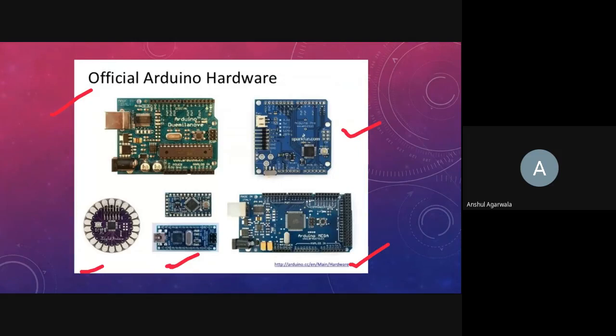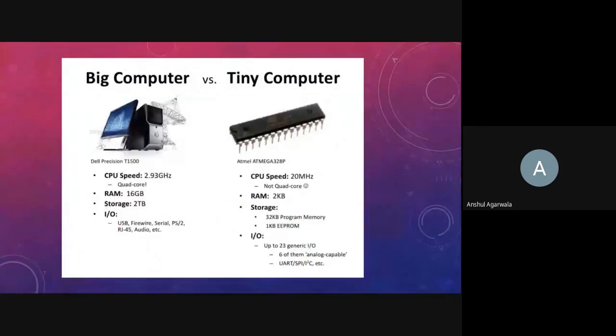Okay, we have 8 GB RAM, GTX processors, M1 chip. Okay, those are some fancy configurations. But our tiny friend, the Atmega 328, the chip that powers Arduino, is a bit humble. You can see the CPU speed is just 20 megahertz. RAM is 2 KB. So while you can't play the latest Cyberpunk on the Arduino board, you can do some pretty cool stuff.